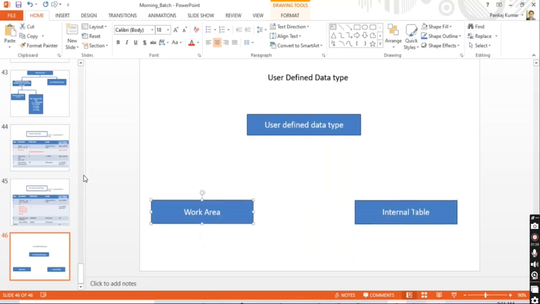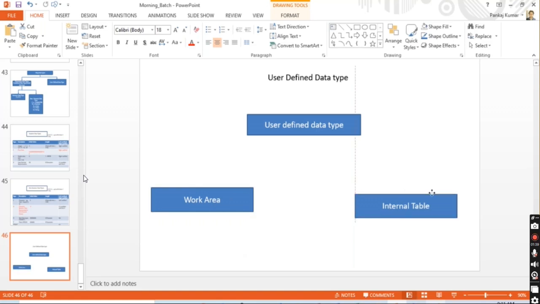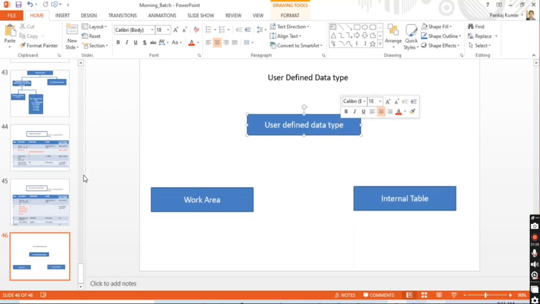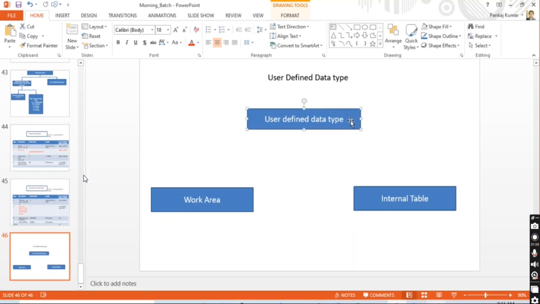This is variable. Okay, what is this variable? What is this data object? The variable is also known as the data object. Okay, type is also known as the type object. Okay, so based upon this type, we are going to define the work area and internal table. What is the different way of defining the work area? What is the different way of defining the